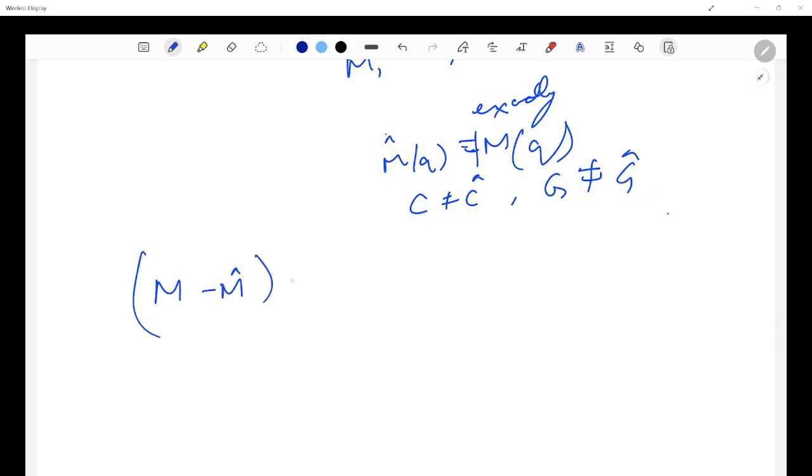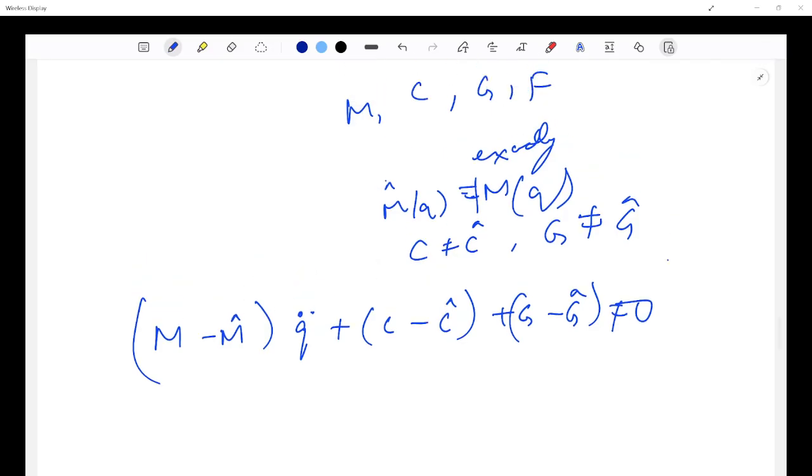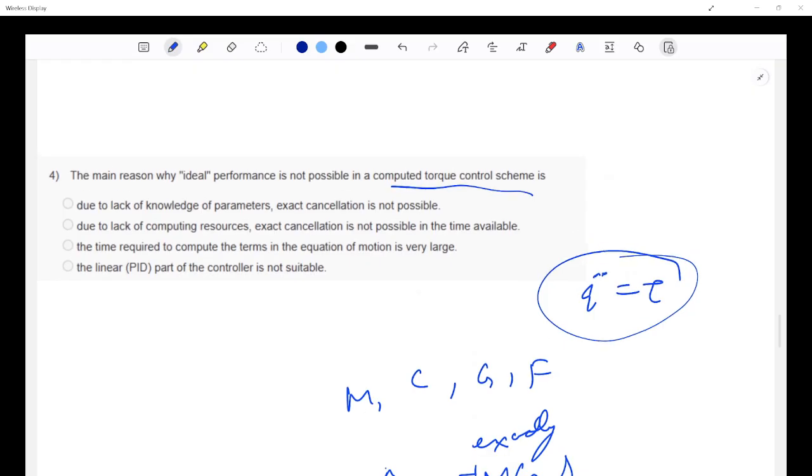(M - M hat) q double dot + (C - C hat) + (G - G hat) is not equal to 0. This creates residual non-linearities, and then we have tracking error. Okay. So the options that we have here are, the first option is, the main reason why ideal performance is